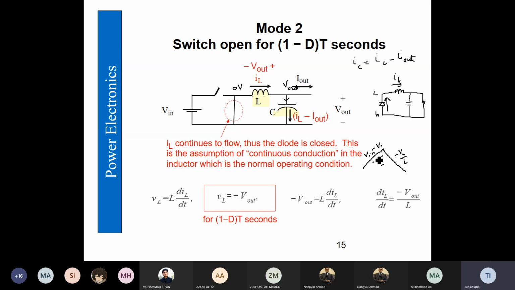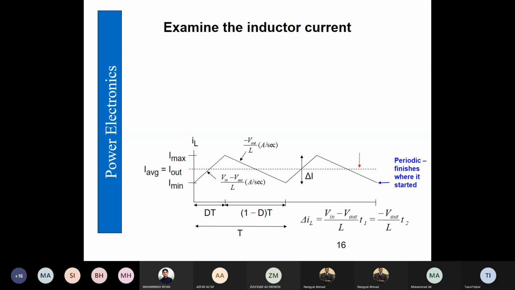So this is how current rises, and this is how current drops from a maximum to a minimum value. This happens in one duty cycle. During off time, the current goes down. During on time, the current goes up. So this is the waveform of inductor current,